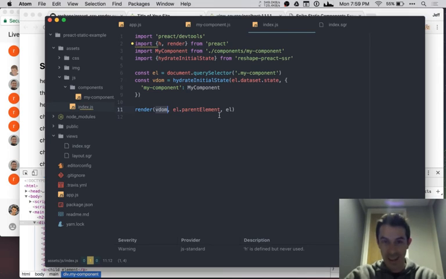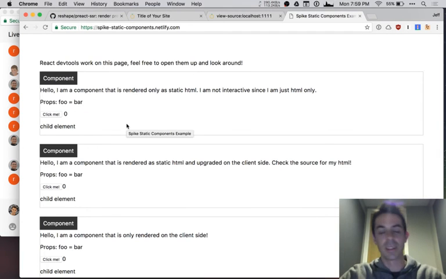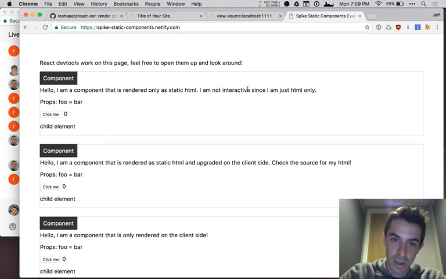And the last way is that you don't even have to use this at all, and you can just use React as usual. So this component example shows all 3 of them. These are all the same thing. The only thing that's different is this description. They're all the same component. And this one is rendered only as static HTML. So it has this button, but it doesn't do anything